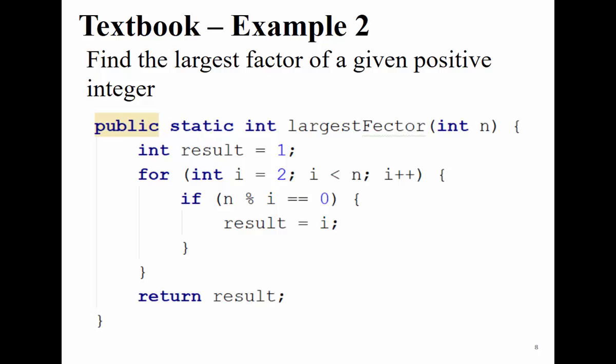Whenever you have, let's say, I give you integer 9. I tell you 2 is a factor of 9. You say, no, 9 divided by 2 is equal to 4.5. There is a remainder, and the remainder is not equal to 0. Then 2 is not a factor of 9. But if I give you 3, 3 is a factor of 9. How do I test that? I say 9 divided by 3, the remainder is equal to 0. You check if an integer is a factor of another integer by checking the remainder of the division.